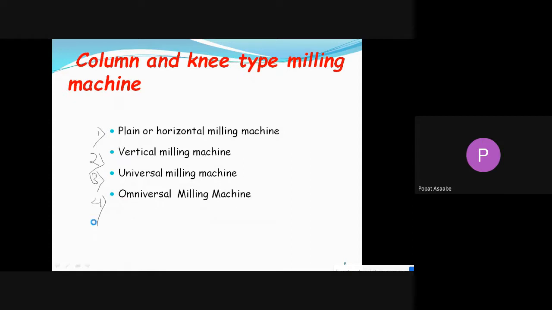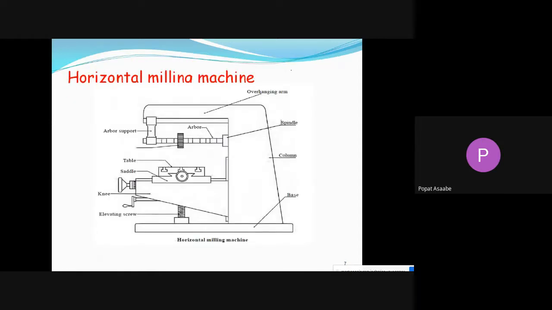Now see the horizontal milling machine. Why is it called the horizontal milling machine? Because in this milling machine the position of your spindle and arbor is horizontal, meaning the spindle lies in a horizontal position, and the arbor is also horizontal. In the construction, it consists of the base, which is made of cast iron so that it has good compressive strength, and it absorbs all the vibration and forces generated during the machining process. That is absorbed by the base, or we can call it the bed, and it also holds all the parts of your milling machine.